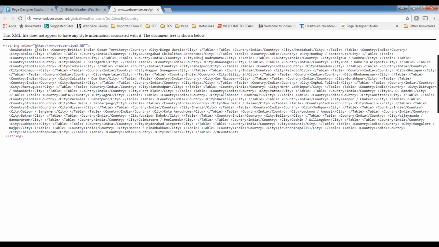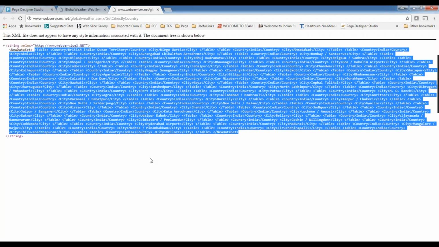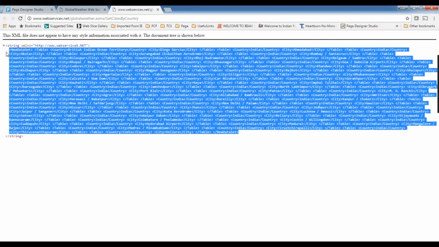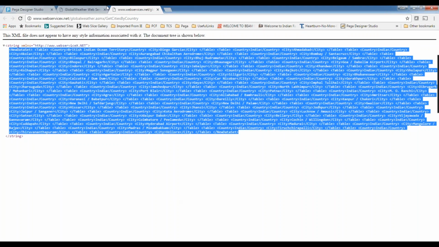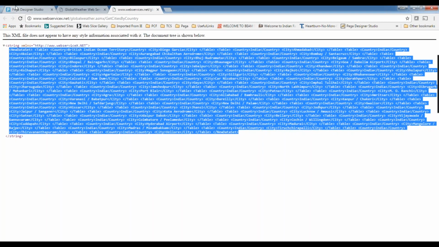They are taking all this from the metadata, from the new data set, and storing all this data into a single property called get cities by country result. So this property will have all this data. But again, this is XML.